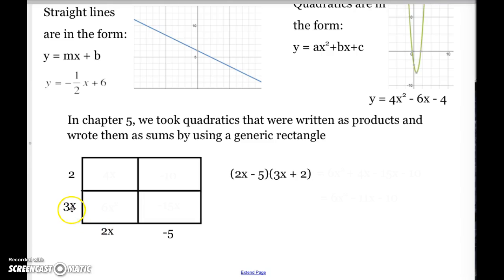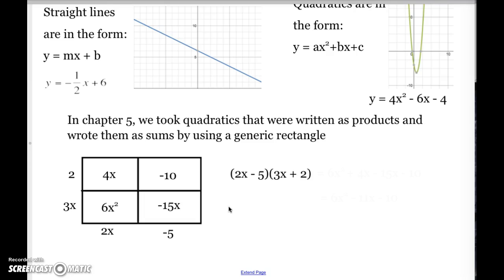2x times 3x is going to be 6x squared. 2x times 2 was equal to 4x. 3x times negative 5 was equal to negative 15x. And 2 times negative 5 was equal to